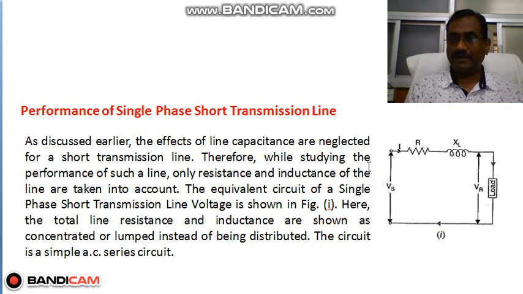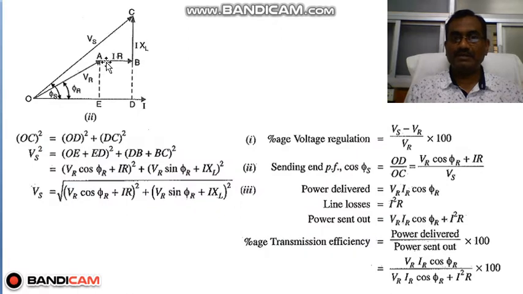Okay. When this current flows through the resistance, it creates a voltage drop, and this voltage drop is in phase with the current as it is a pure resistance. And when this current flows through this inductance, it creates an inductive voltage drop. And this is a pure inductance as we have considered. Therefore, this voltage drop leads this current by an angle of 90 degrees. The same is shown here, IR and I into XL.